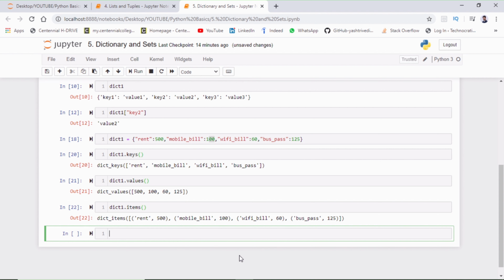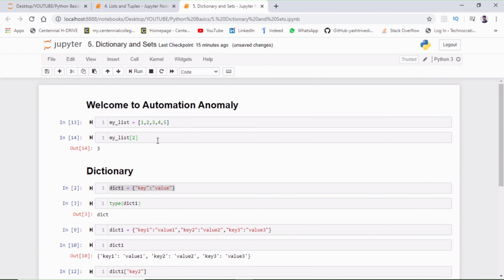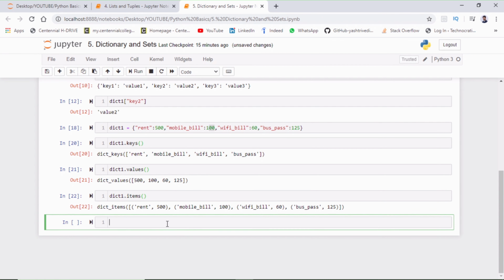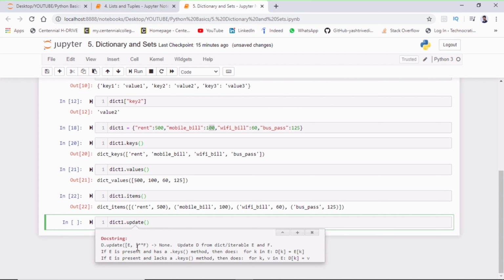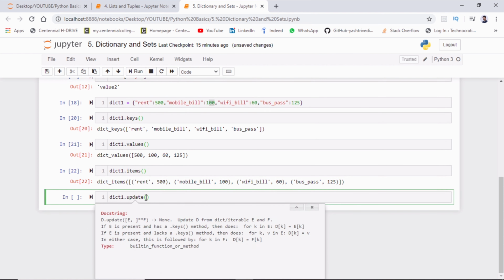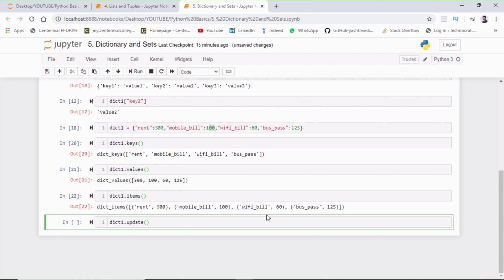Likewise, if I want to add any element inside this one, like for the list we have seen the dot append method, for dictionary it's a little bit different. For that one we have to use the dot update method, and if you press shift tab, it will give us the doc string. And to add any element, first of all we have to create a dictionary. We have to give it the key name and the corresponding value.